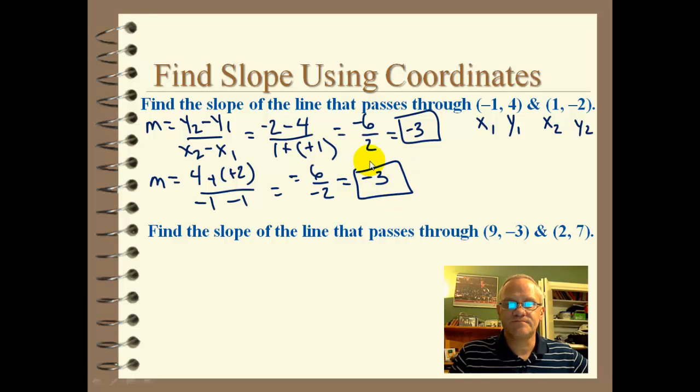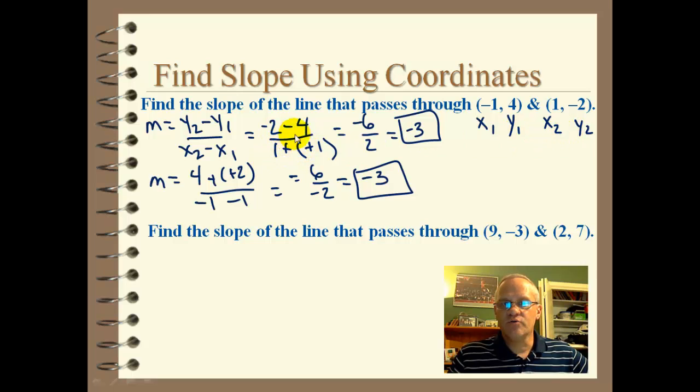-3, same thing. So if you notice, on the top one we had a -6 over 2, and on the bottom one we had 6 over -2. Basically, just the negative changed places there. That's kind of what's going to happen. So as long as you keep everything in order,